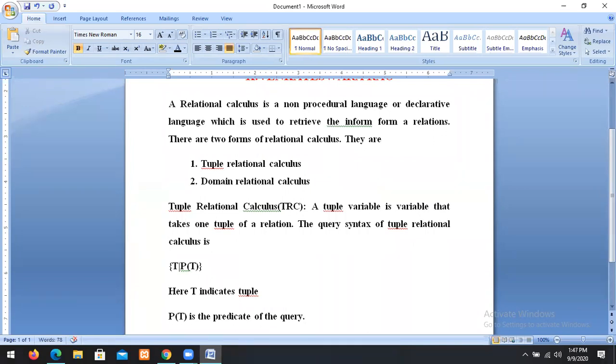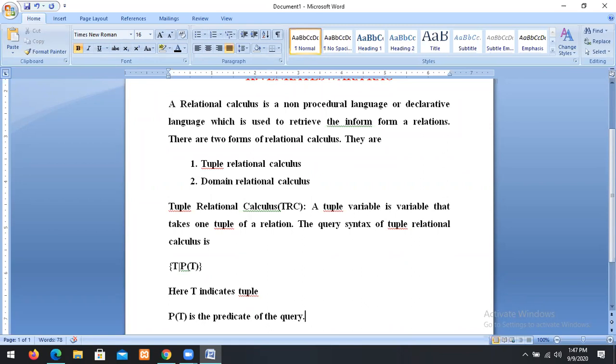Predicate means condition: on what condition we are retrieving the data from a relation.